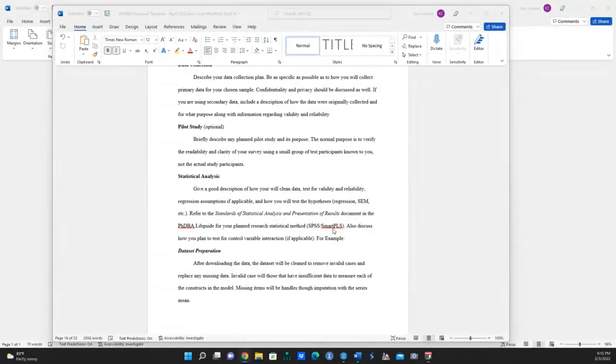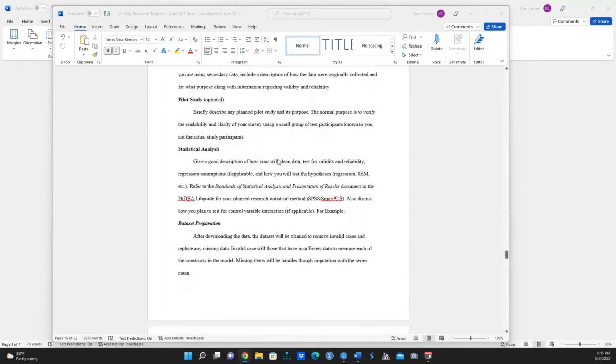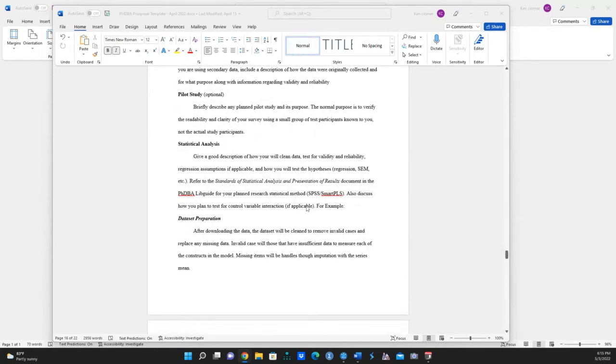This is the latest iteration of the prospectus template or the proposal template. They both say the same thing in this section. But if you go down to the statistical analysis section, and